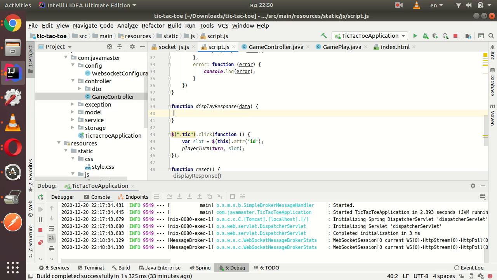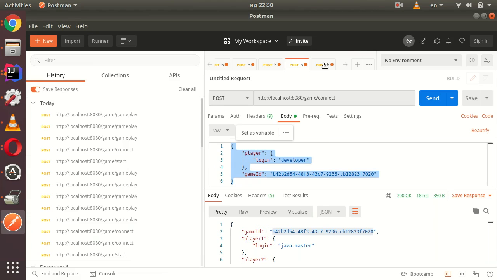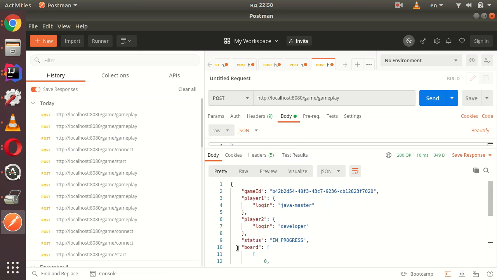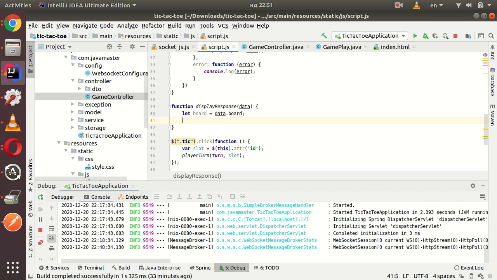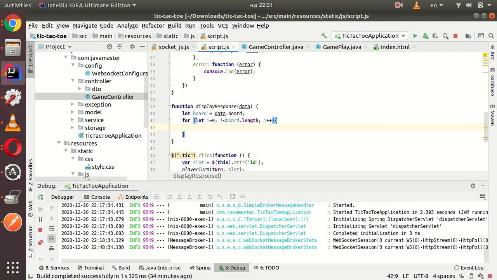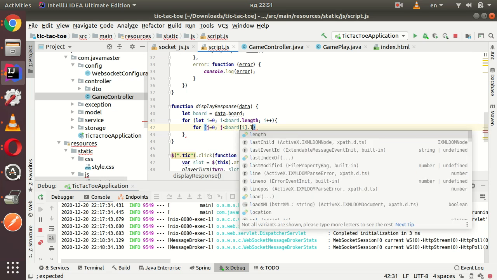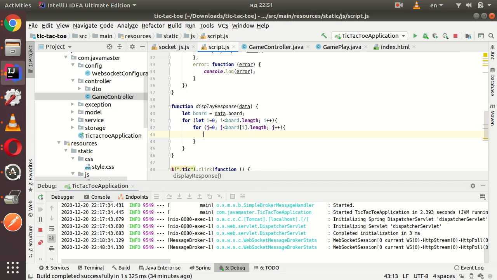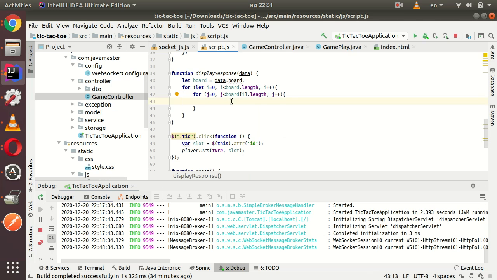In the display response, we're going to have let board equals data board, because you remember we have a response in the gameplay response. We have our board response, so we're gonna get our board and loop through it for let i from 0 is less than board length, and we need to loop through the columns. And we need to get our turns. We have our turns, and we need to paste our turns like if board